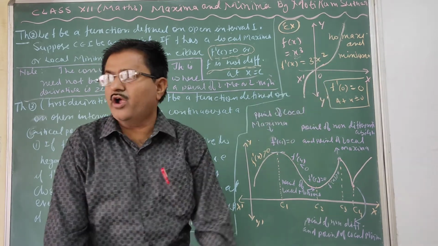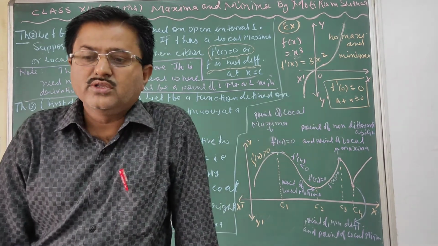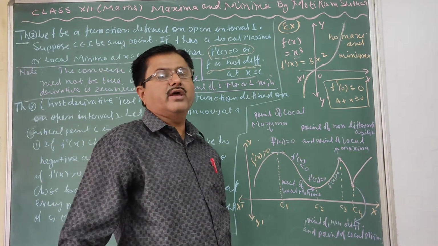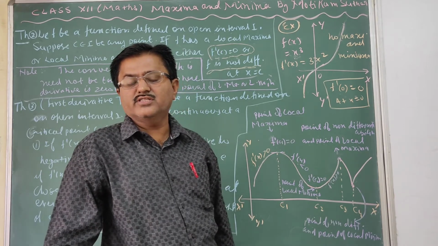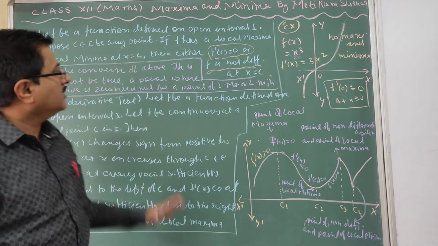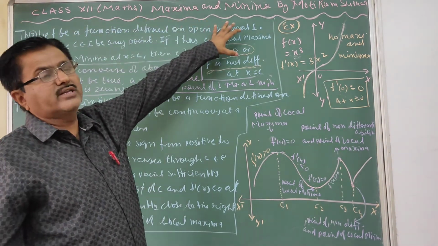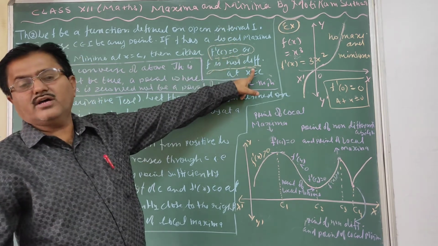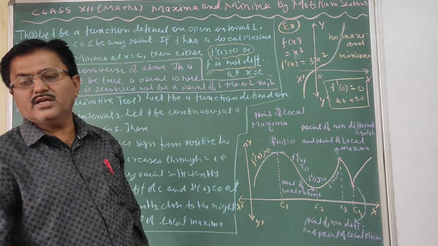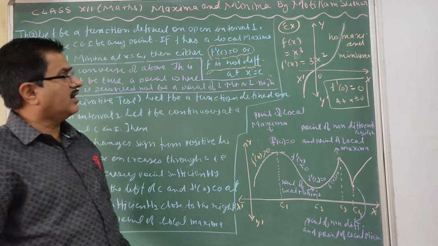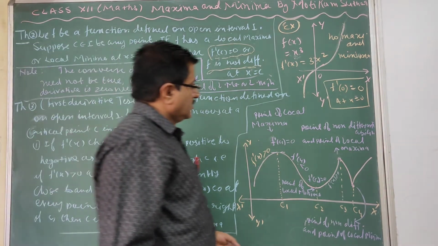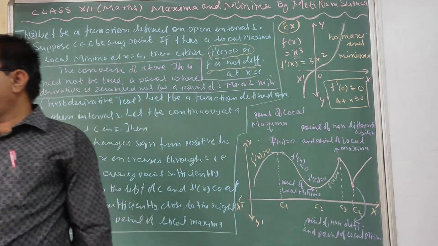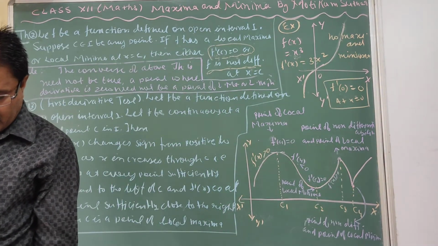It means that at any point if the function's derivative is 0, it is not necessarily always the case that at that point the function has a maxima or a minima. This is clear? So what does the theorem say? The theorem says if any function has a local maxima or local minima, then at that point the derivative will be 0 or the function is not differentiable. Is it clear? So you have to write down this statement, and at this point we are calling it the critical point.